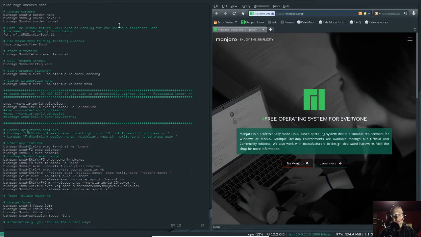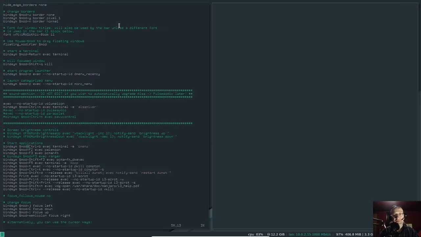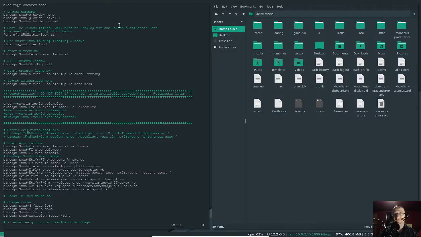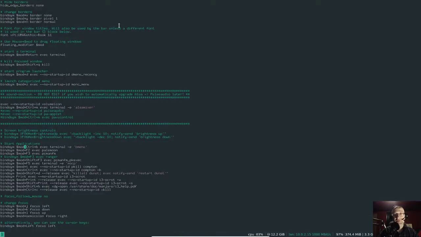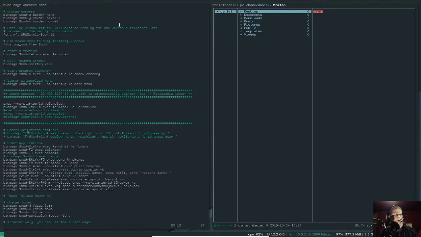To close most of these things, it's usually Control Q. Mod F3 will start PC Man FM, which is their default GUI file manager. Again, Control Q to quit. It looks like they do have it pre-configured. I think Ranger is installed on here as well. So if you did Mod D and typed Ranger, Ranger is installed on here. Ranger's like a Vim style